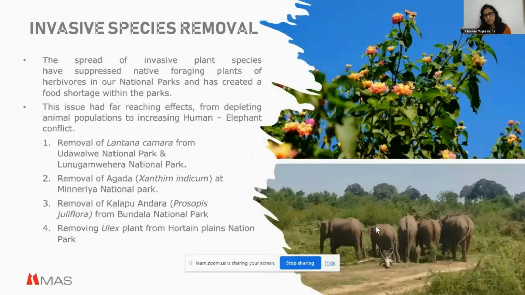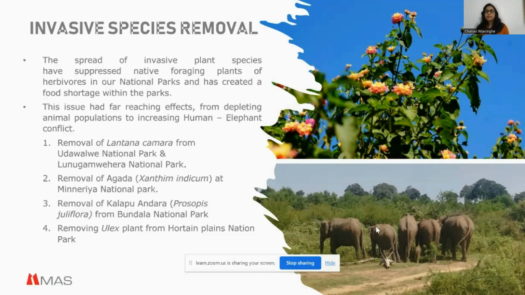The next one is invasive species removal. The spread of invasive species in our national parks has become a huge threat to wildlife. The first project that we did started in 2017 in Udawalawa National Park. This project is mainly targeted on removing lantana, what we call gandapana, plants from the national park. Over these 5 years from 2017, we are removing the invasive lantana plants and also maintaining that status, continuously